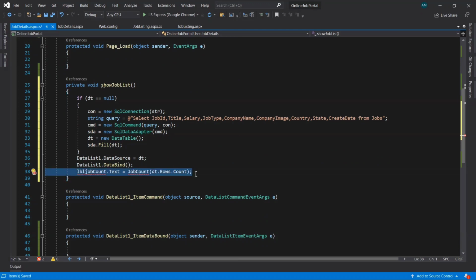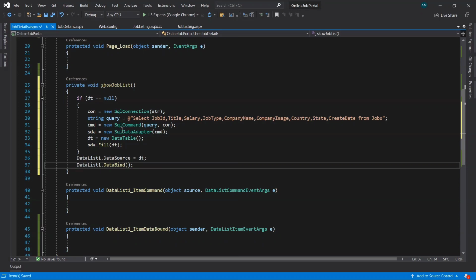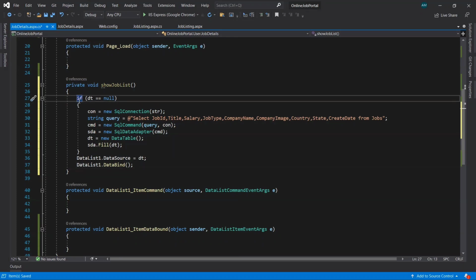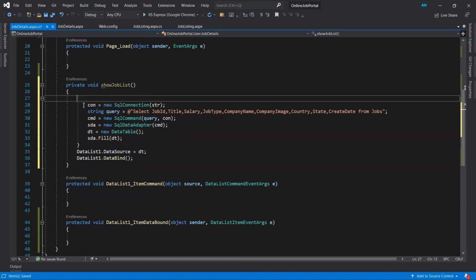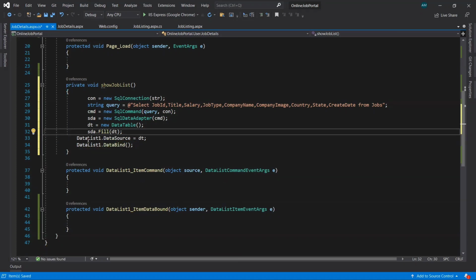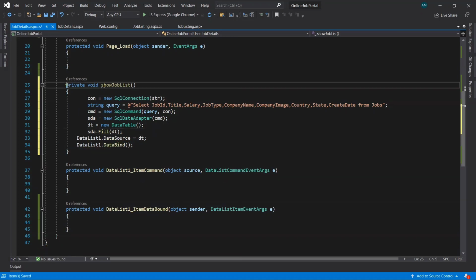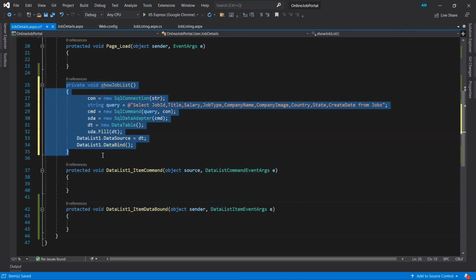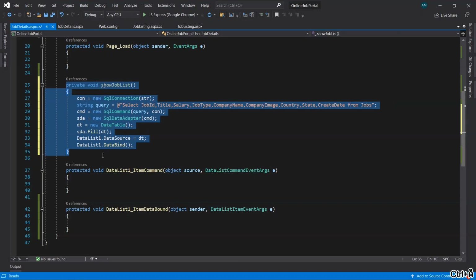Remove this last line, and here we don't need this part, remove it, as well as remove this also. Let's align the code. Select this function, press Ctrl K D. So the code will get aligned.